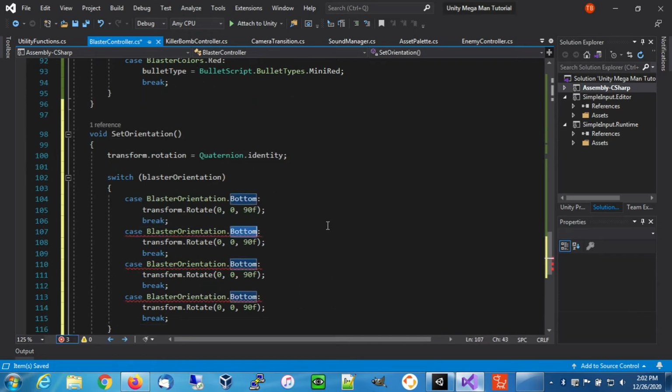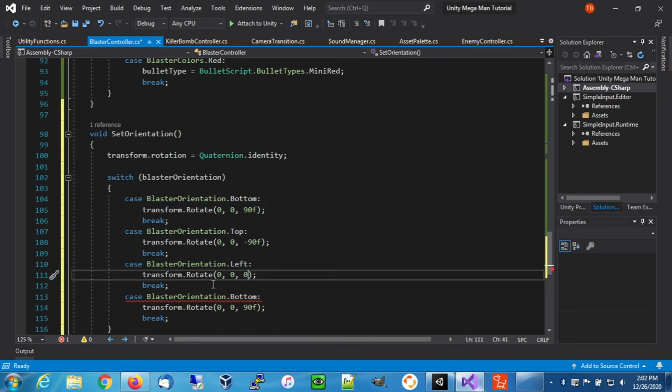So next orientation is the top. Now the top is basically the opposite. It would be facing left to right, but if we do negative 90, he's going to turn downward. So his back is going to be up here and he's facing down. So that's the top. The next one is left, which we don't change anything on the rotation, so that's all